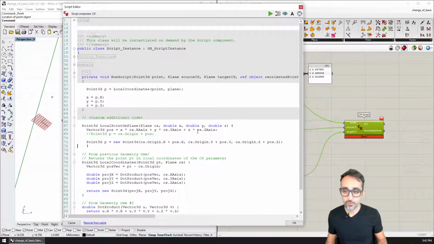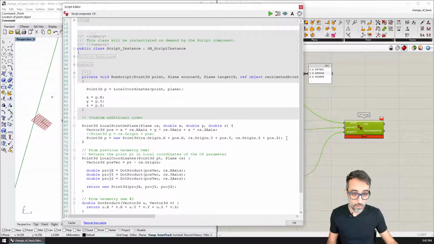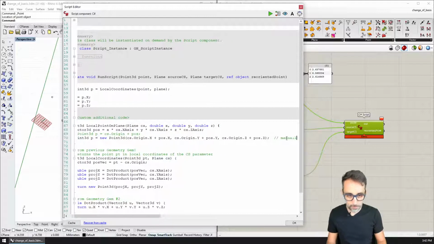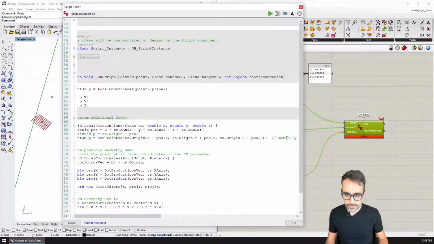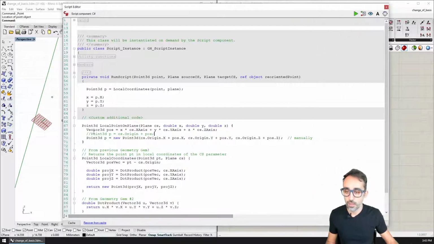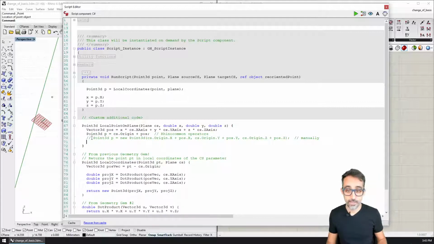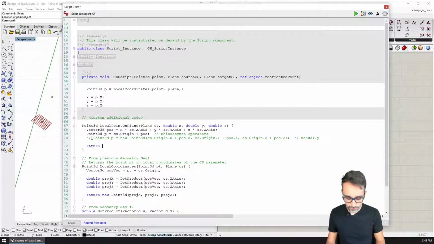These two operations are actually the exact same thing. This one will be manual, and this one is using Rhino's common operators. So they're both equivalent. And now my function should just return that point p.